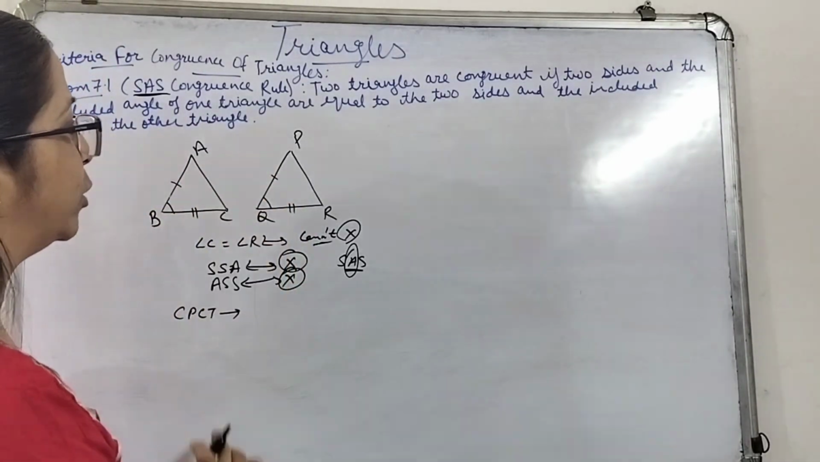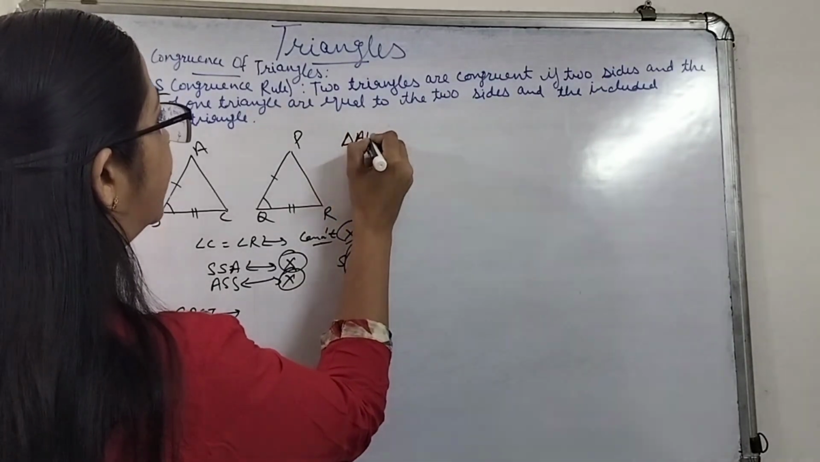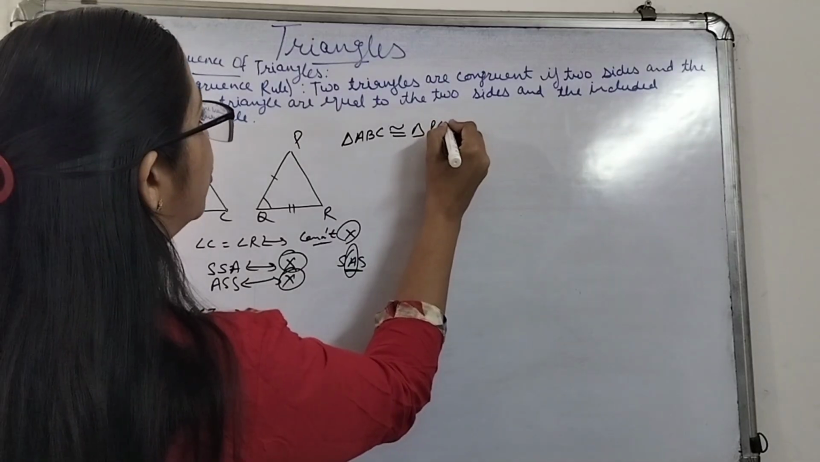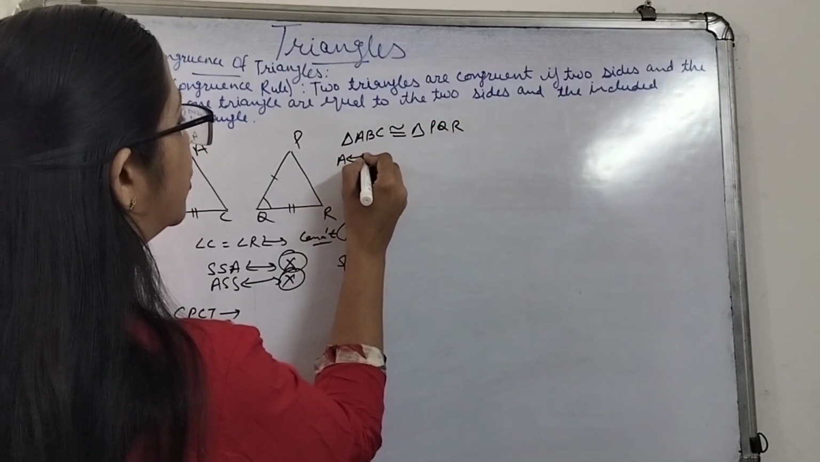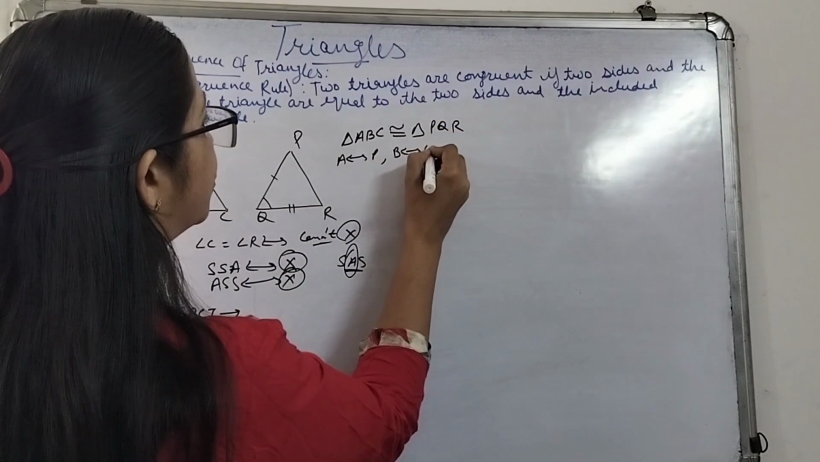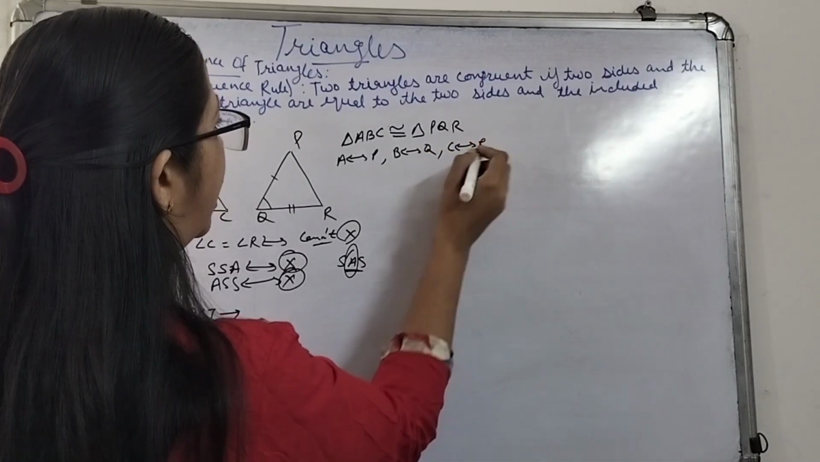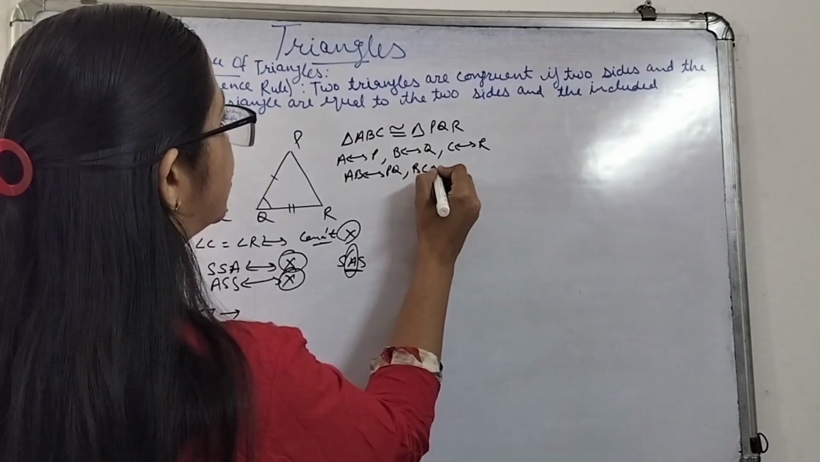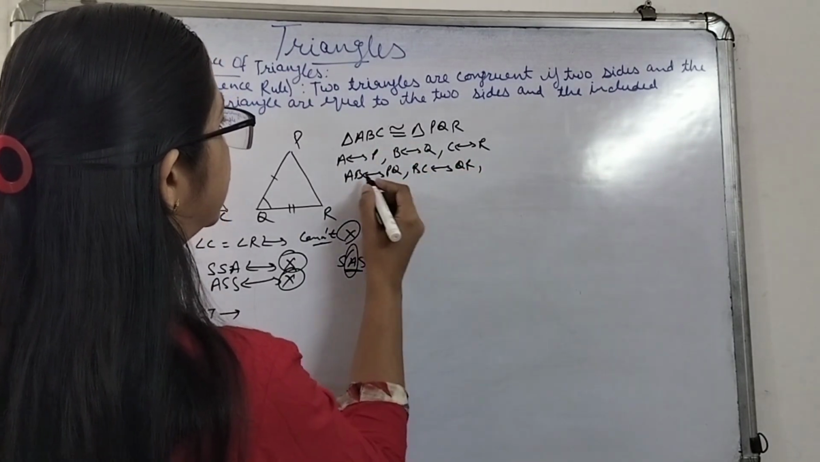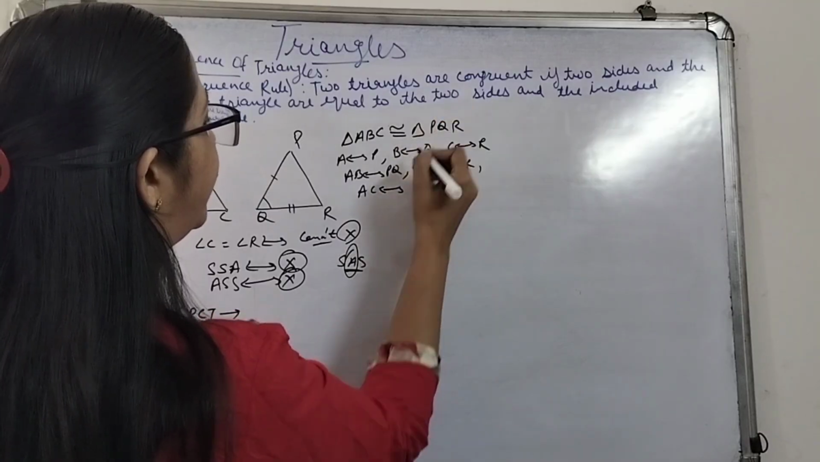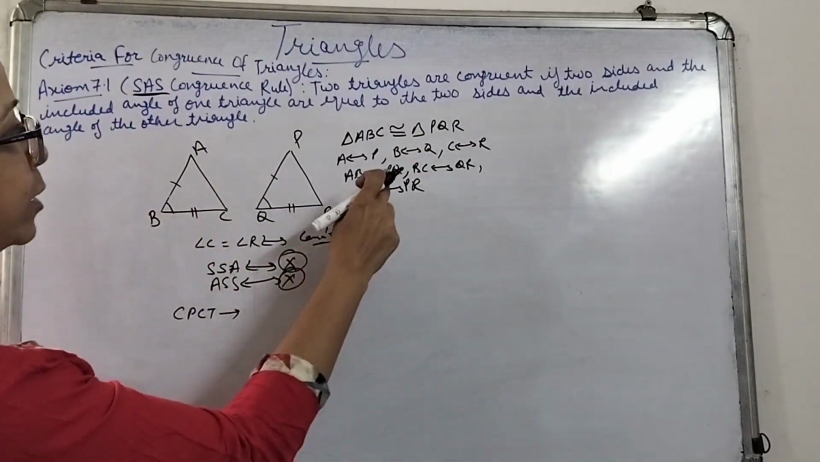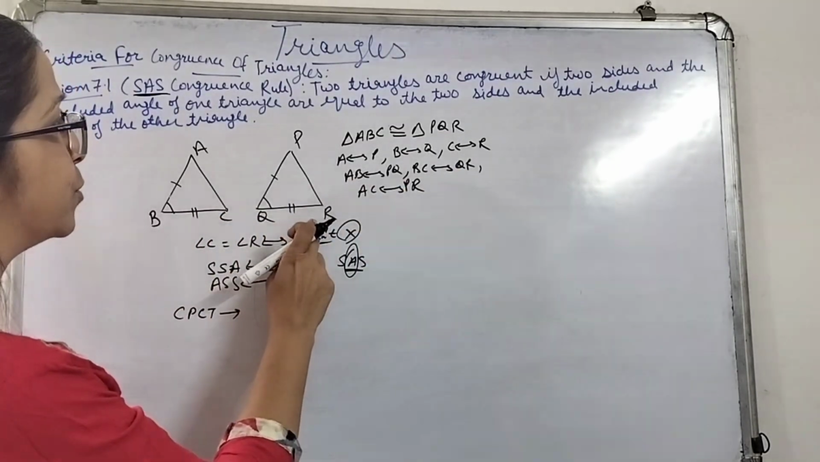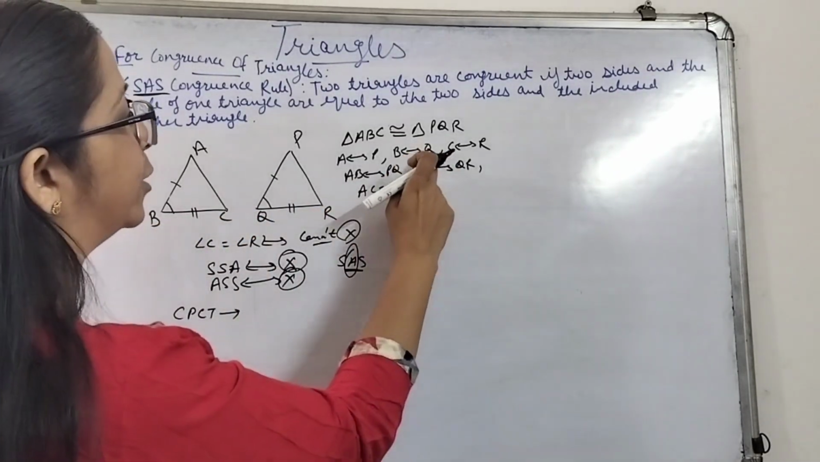Here, which triangle is congruent to which triangle? Triangle ABC is congruent to triangle PQR. That means A corresponds to P over here, B corresponds to Q, and C corresponds to R. AB corresponds to PQ, BC corresponds to QR, and AC corresponds to PR. We can see AB is equivalent to PQ, they are corresponding. BC is equal to QR, they are corresponding, and angle B is equivalent to angle Q because B and